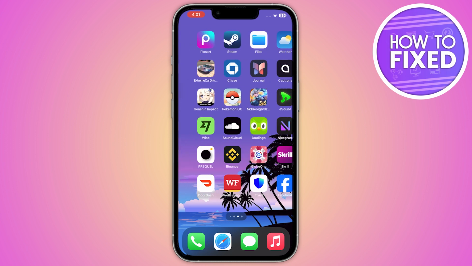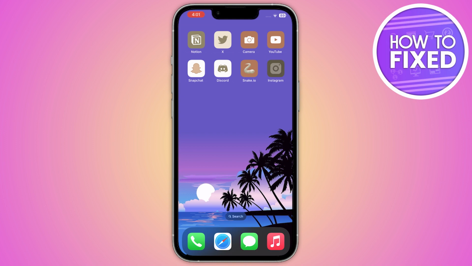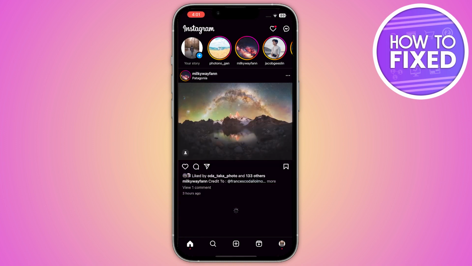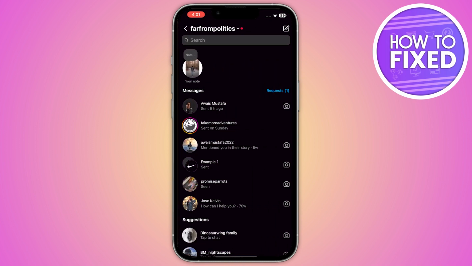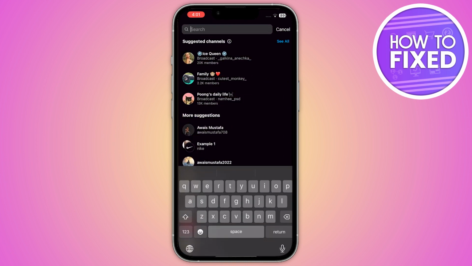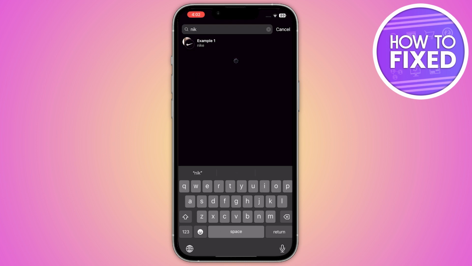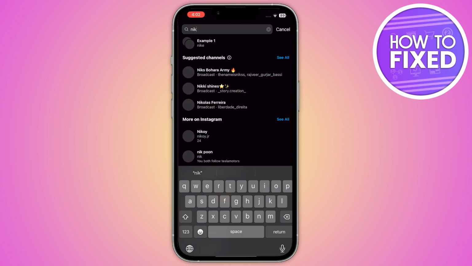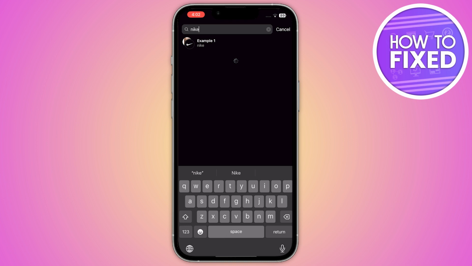So first of all, you have to open up your Instagram, and from here you have to open your DM. Now once you are in, as you can see, at the top of the account there is the option of search. You have to click on it. Now from here, just search the account name that you want to find in the messages bar, and